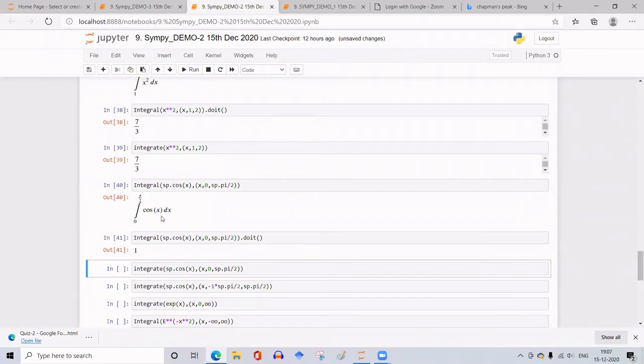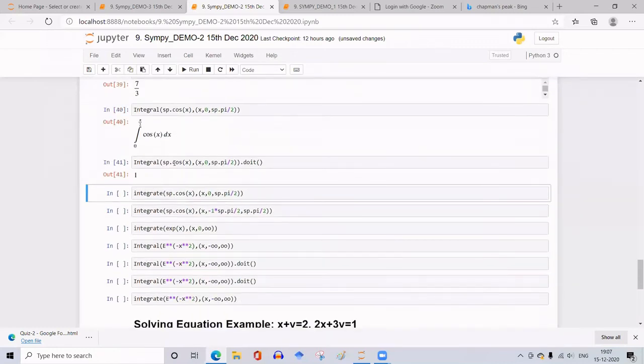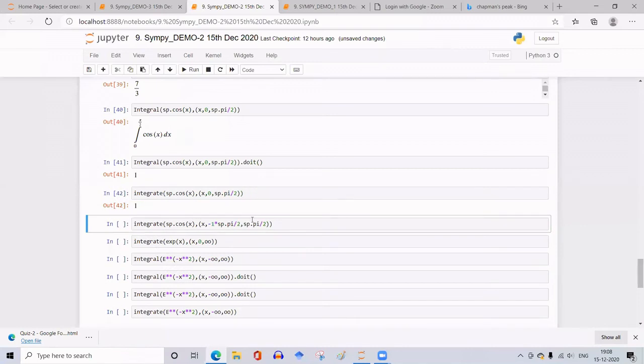So this will be minus sin x, no? Minus sin x or plus sin x? Plus sign, when you integrate cos it will be plus sin x. When you substitute 0, it will be 0. Ma'am, first upper limit minus lower limit. Yes, upper limit first, so pi by 2 minus 0. That is why it is sin pi by 2 minus sin 0, so that will be 1. In a single line, we can get that same answer with this.